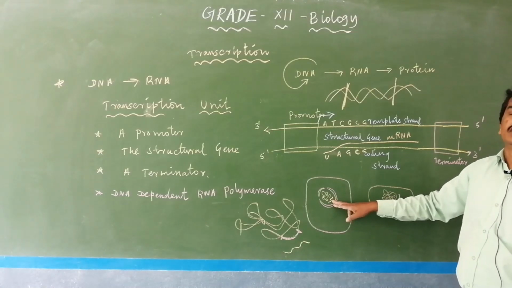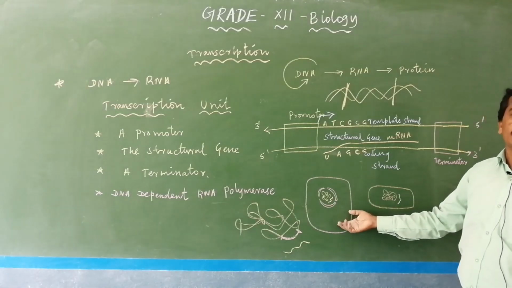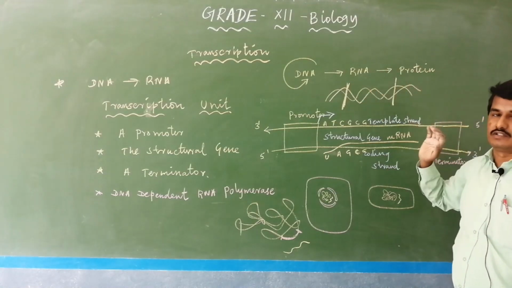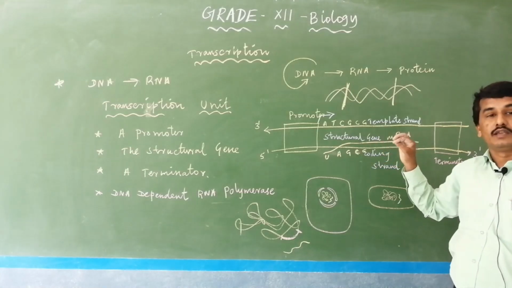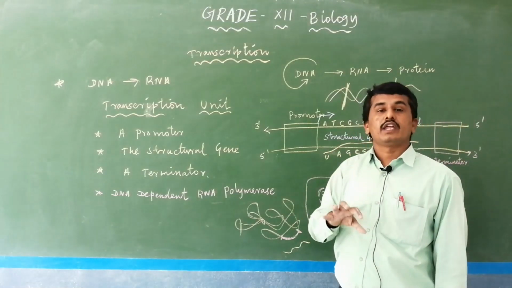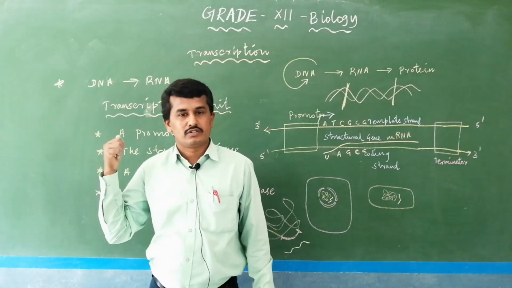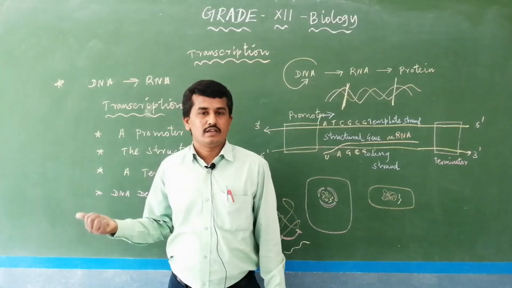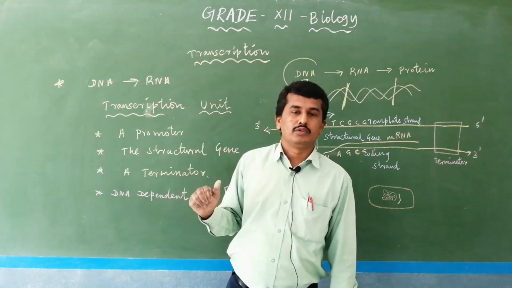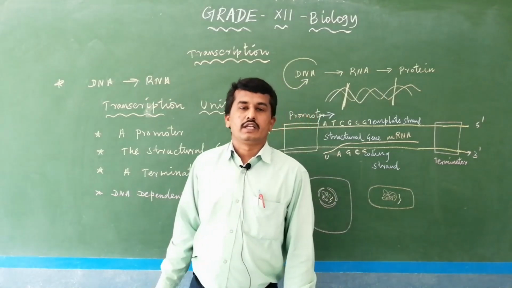The mRNA formed is in the nucleus region. In the next step, translation, the mRNA moves into the cytoplasm and then protein synthesis occurs. That is the translation procedure. I will tell that in the next class. So this is the important idea about transcription. In the next class, we will see how transcription takes place in prokaryotes and in eukaryotes. Today we learnt replication and the transcription unit. Next class, prokaryotic transcription and eukaryotic transcription.